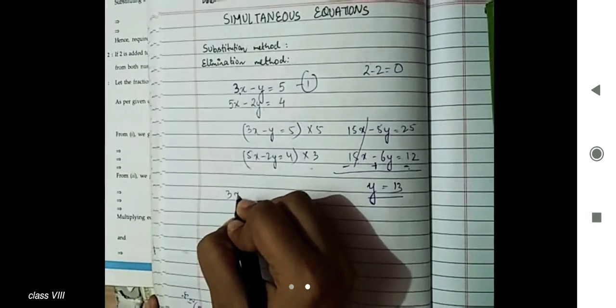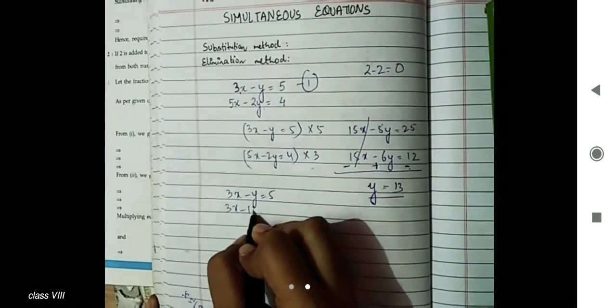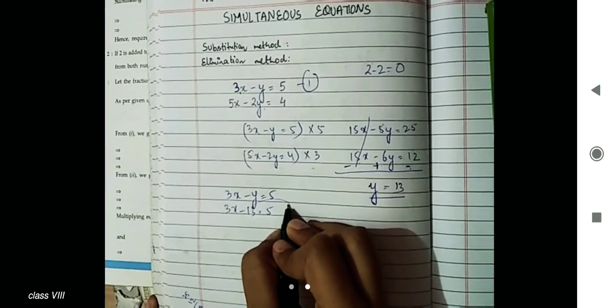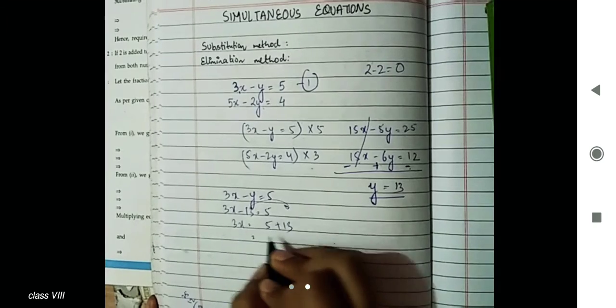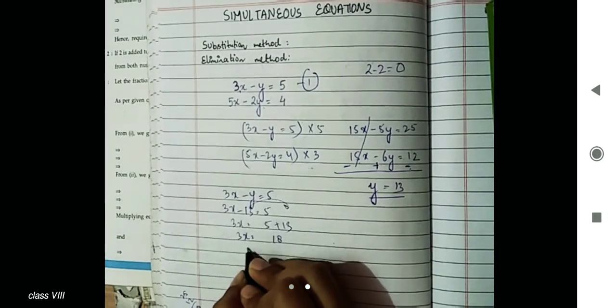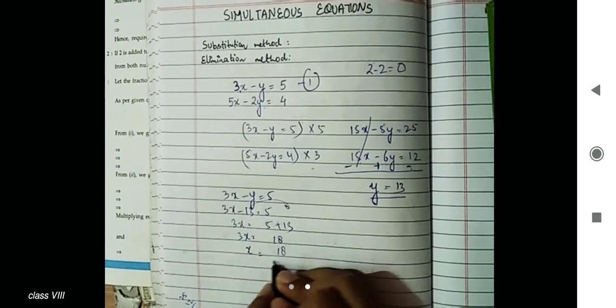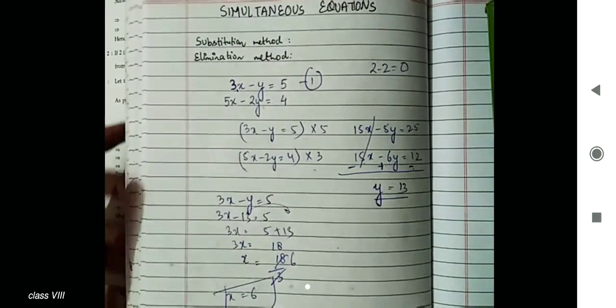So 3x minus y is equal to 5, with y being 13. This 13 will transpose here. Then 3x is equal to 5 plus 13, and it gives you 18. 3 and x are in multiplication, so here we are applying the transposing method. 3 times 6 is 18, so x is equal to 6 and y is equal to 13. Like this you will solve any equation using the elimination method. I will solve one more equation from your exercise so that it becomes clearer to you.